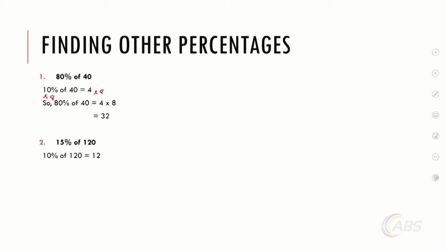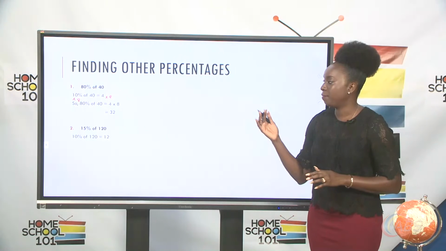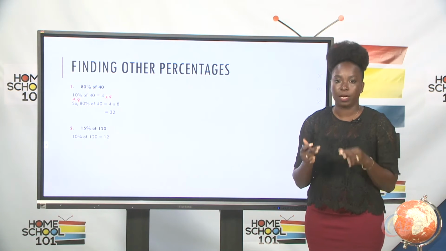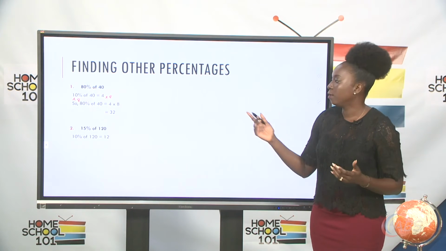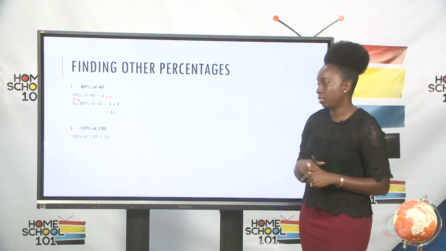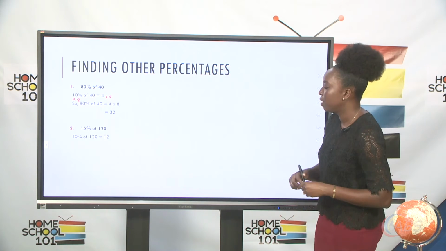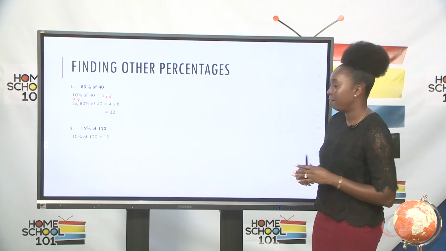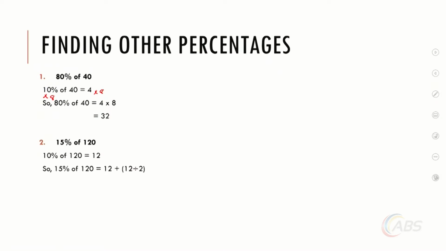And we need to make a relationship between 10 and 15. And we'll notice that 15% is made up of 10% and another 5%. So if we're going to have to find 5% now, that means we're going to end up halving what the 10% amount was. So in this case, 10% was 12. So we'll half 12 to find 5%. And we're going to get,